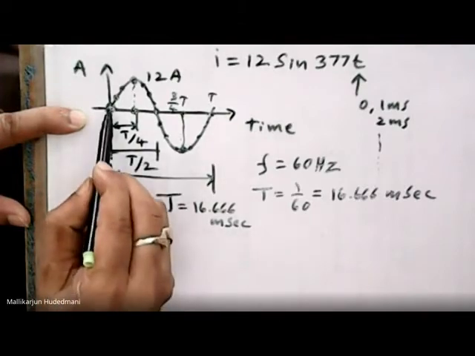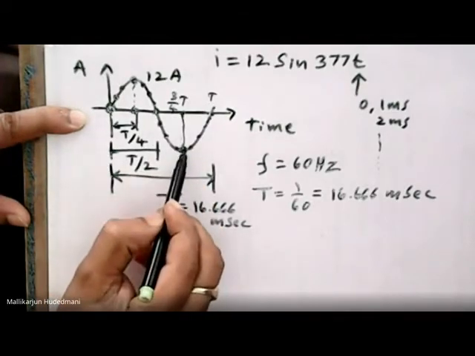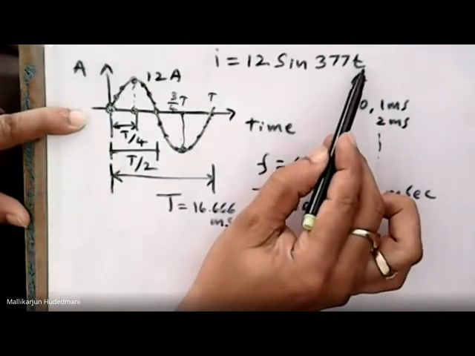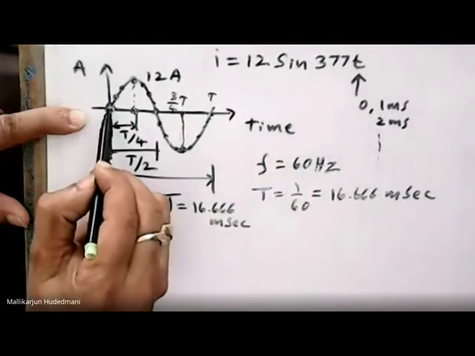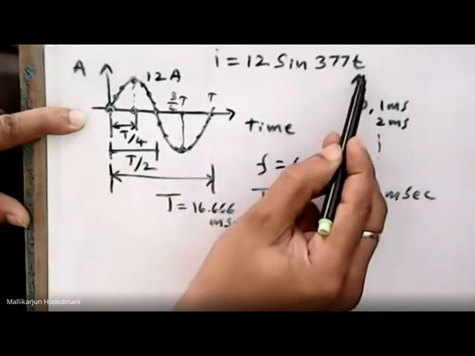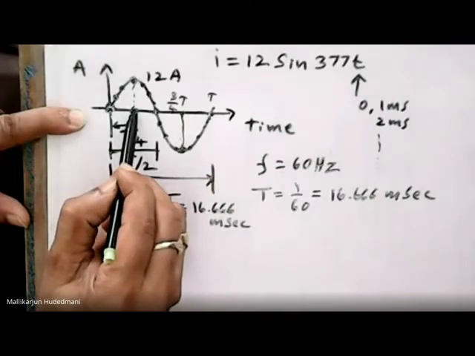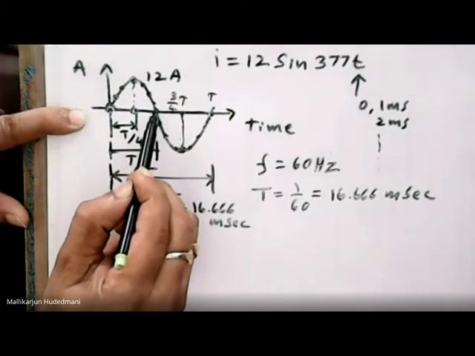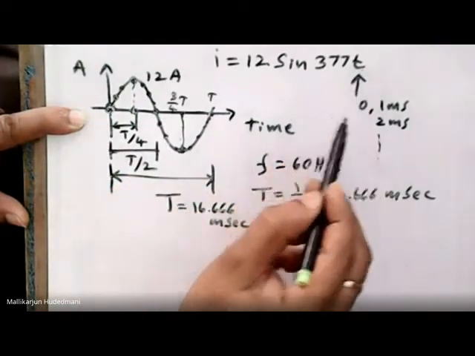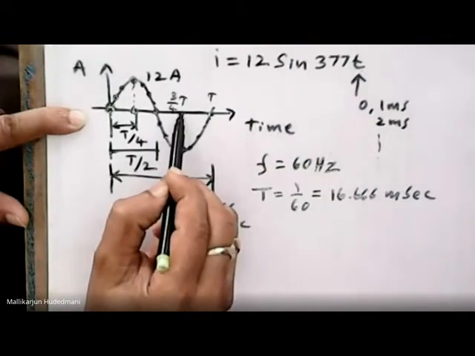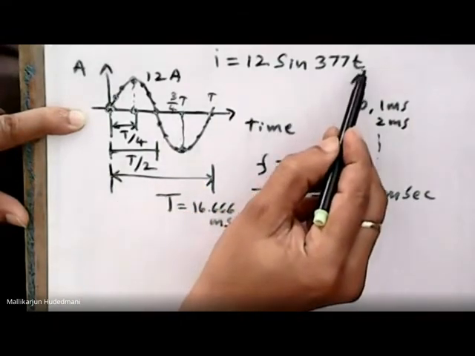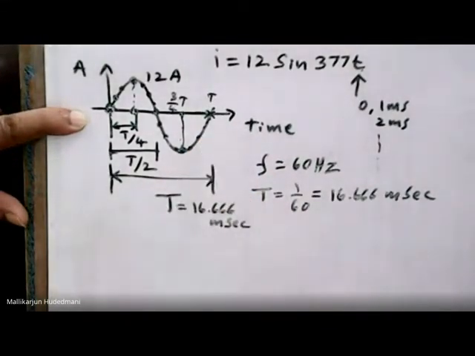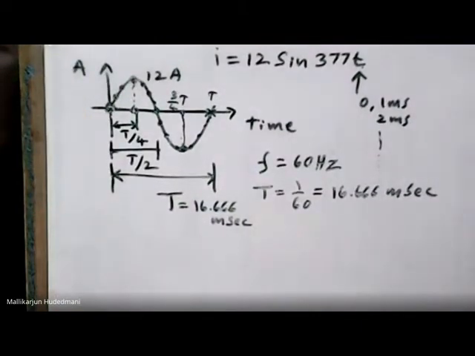So therefore, if I know zero crossings and peak points, they are the standard markings. Later, given any time t, if you substitute, you are able to get it. It must be in between these two. If t value is given to be exactly 1/4 of cycle time, it must give you the peak value. If t is given exactly T by 2, it must represent 0. If the t value given is 3/4 of its cycle time, it must be the negative peak. If the value of t entered here is exactly the full length of time, the value of the expression should go to 0 only. So this is how we need to understand the thing.